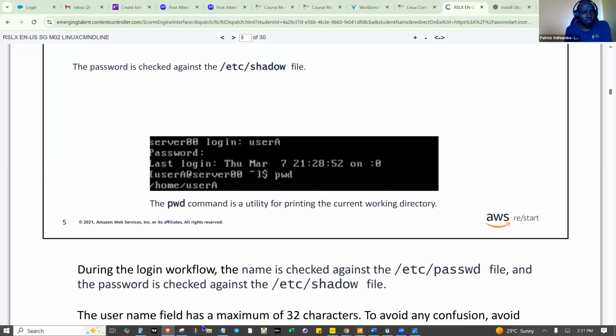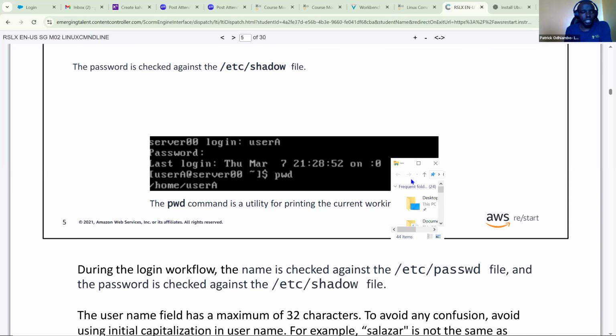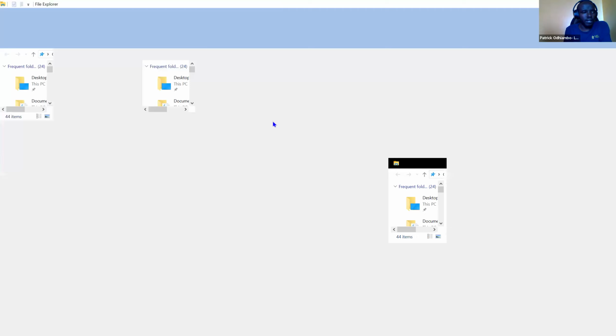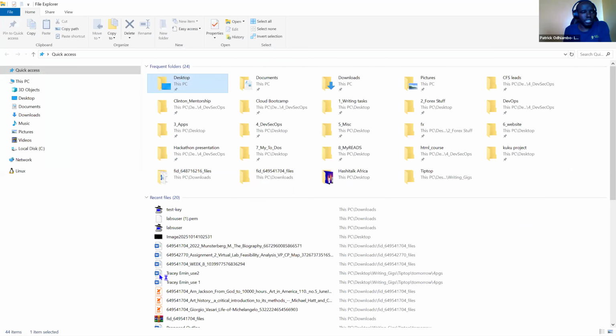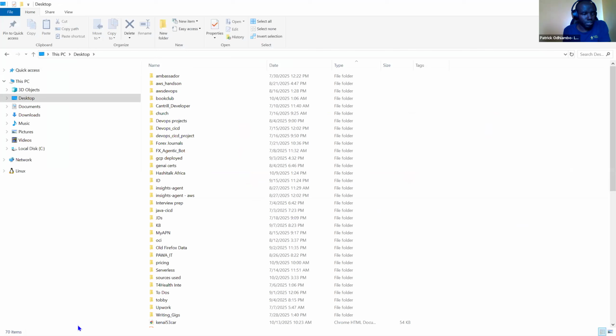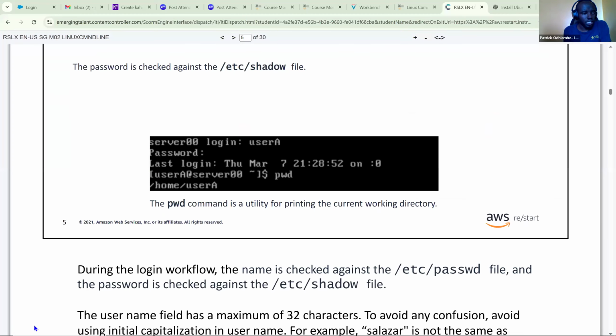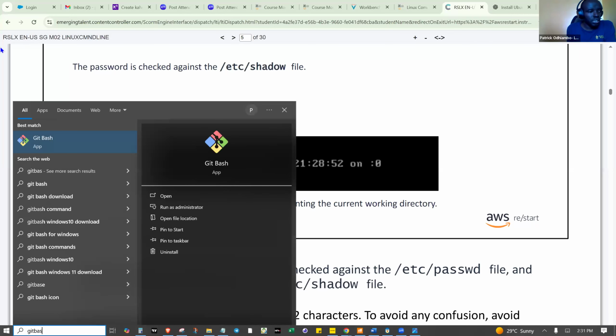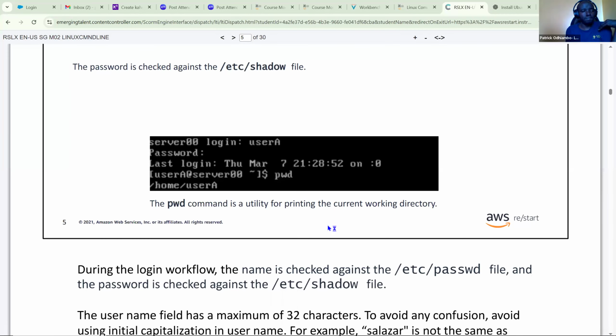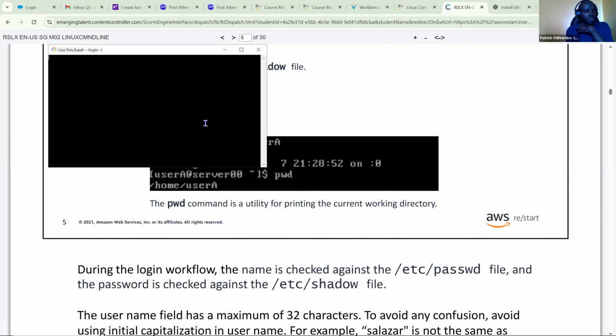Let me see if I can demonstrate that in the simplest way. Let me get my desktop. Let me see if it will accept PWD, where are we at?